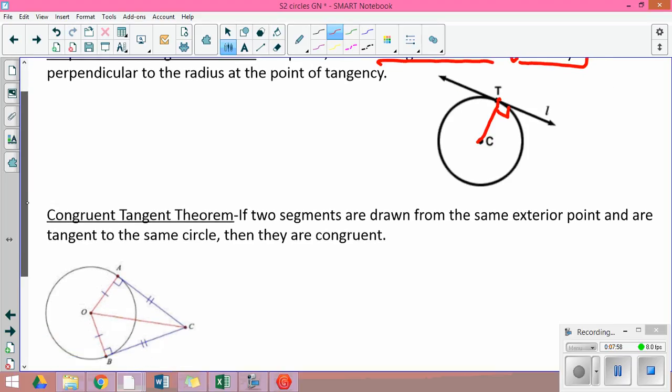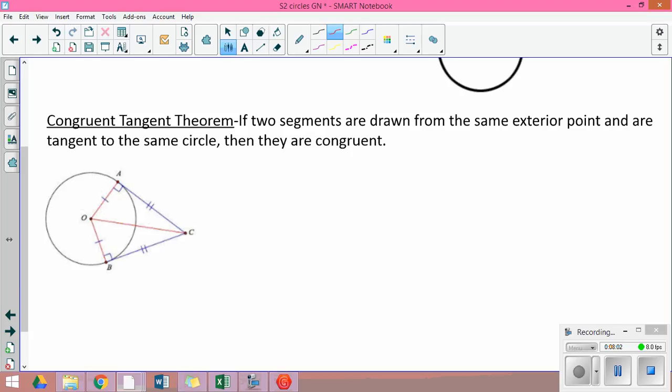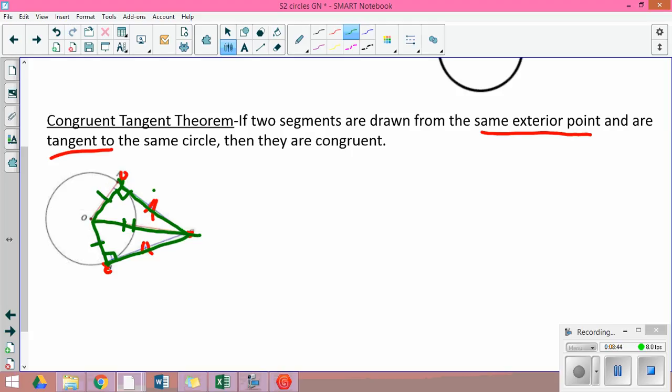Another super useful theorem that we have is the congruent tangents theorem. If two segments are drawn from the same exterior point, like C out here, and are tangent to the same circle, they go back and touch at one spot, A and B, then those segments are congruent. And that might seem kind of strange until you look at what actually happens in here. If I complete the drawing, these are radii, so I know that they are equal. And if I draw in that diagonal, I have a kite. And with the right angles and the diagonal, I have HL, and by CPCTC, those outside chord segments, or secant